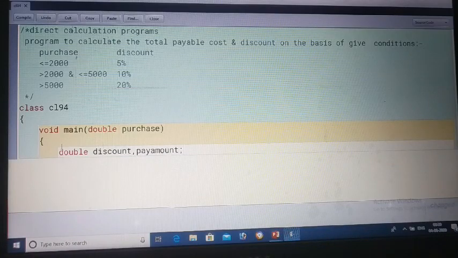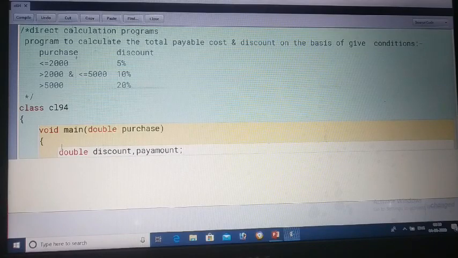The discount is what we have to calculate on the given criteria. So how will you proceed with these conditions? The first condition is saying if purchase is up to 2000, meaning less than or equal to 2000. It can be given in words as up to 2000, this way like I have given.